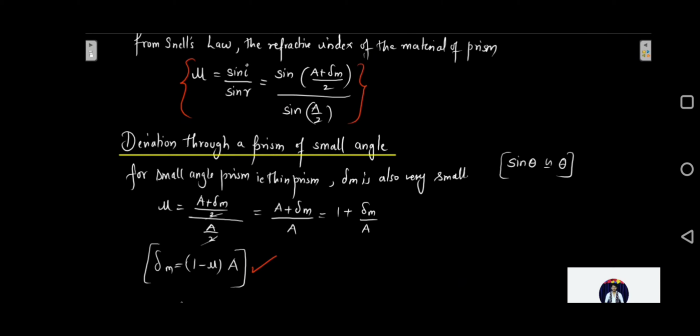So it is quite clear from this final expression which we got for a thin prism that the angle of deviation is not dependent upon the angle of incidence for a thin prism. It is almost eliminated from here. It only depends upon the angle of prism and the refractive index of the material. Okay, so this is all about the deviation and the refraction through the prism. So now the next topic we have is dispersion of white light.